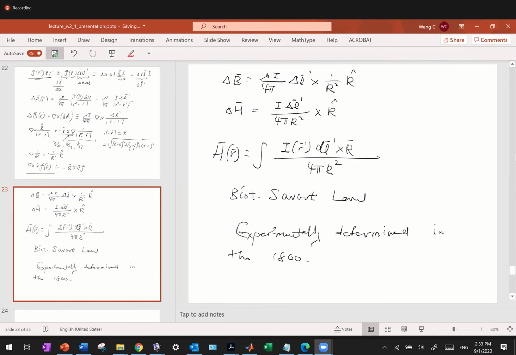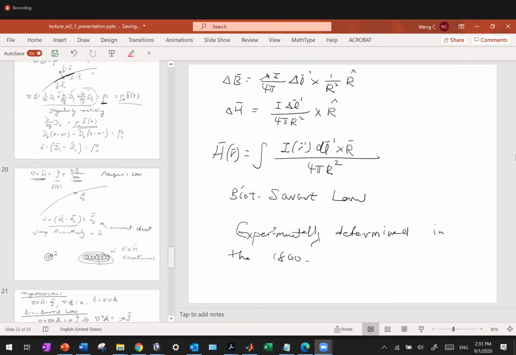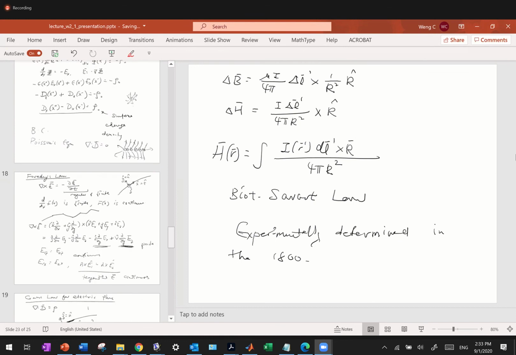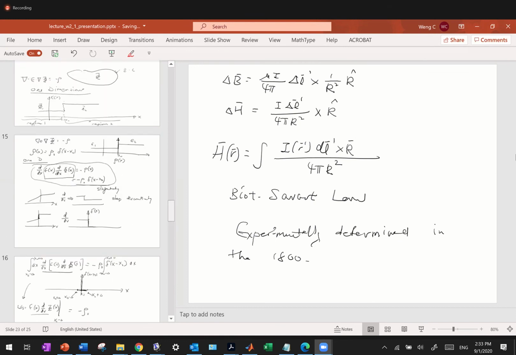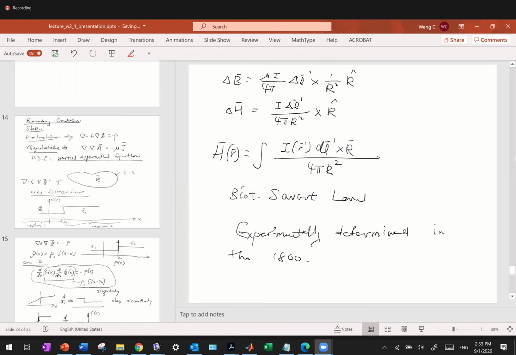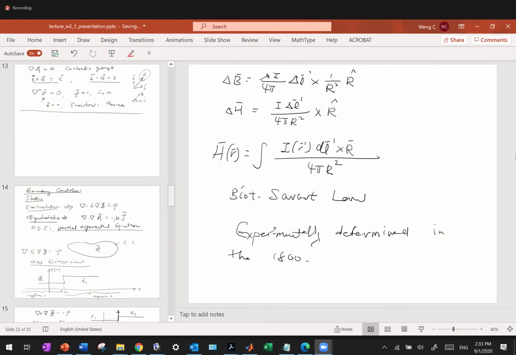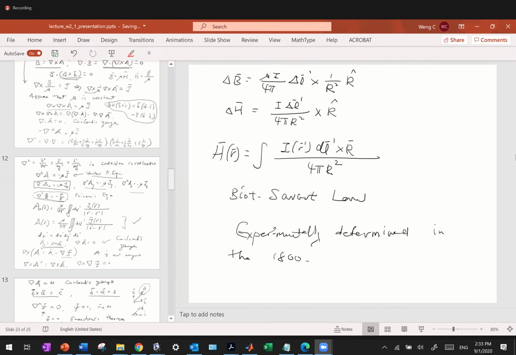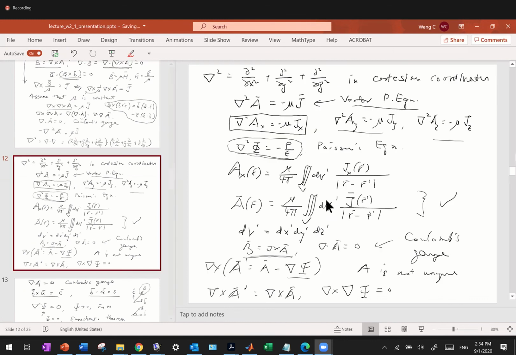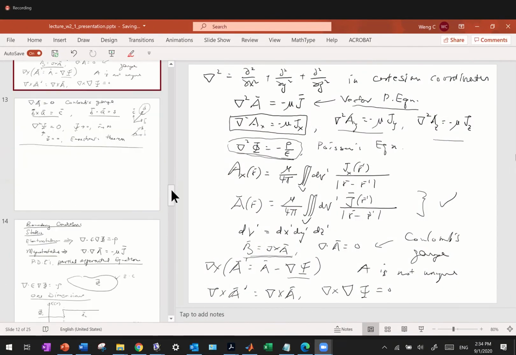But what is interesting is that with the knowledge that you have gained now, the knowledge about the Green's function, for instance, the knowledge of how to solve this equation, that the vector potential can be written in this manner, if I put an incremental current in here and go through the algebra carefully,